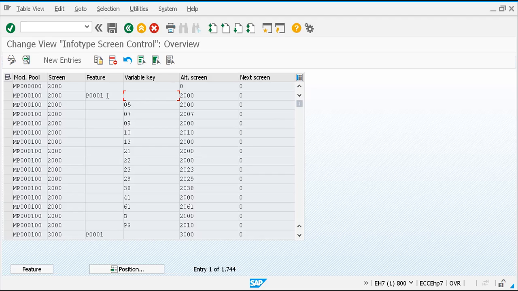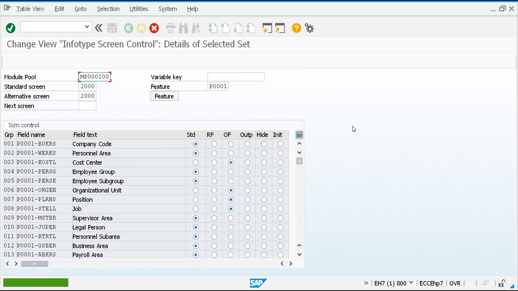Variable key blank means this is the feature. We have used many features, like the number feature and other features. And this is also a feature, P0001. So this is the standard one. So what I will do is select this and go for copy as, and I will go for